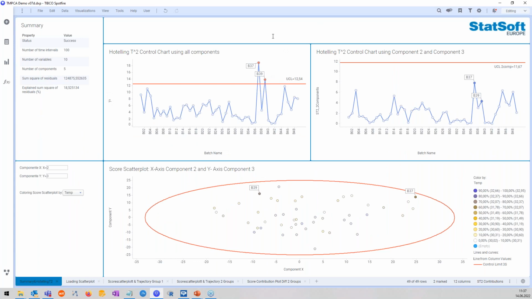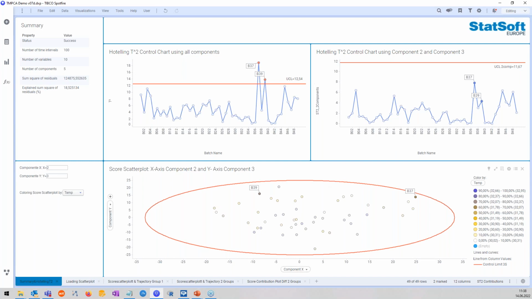Why are these not like the others? That's the challenge here. We have to now try to understand what is going on. Why are these different? So that was the compressed view, and now we drill into it with diagnostic capabilities. We see the same Hotelling T-square control chart here. And those 2 batches are the same ones, just highlighted. We see that they are far beyond the threshold. But this chart here only shows us the Hotelling T-square value for component 2 and 3.